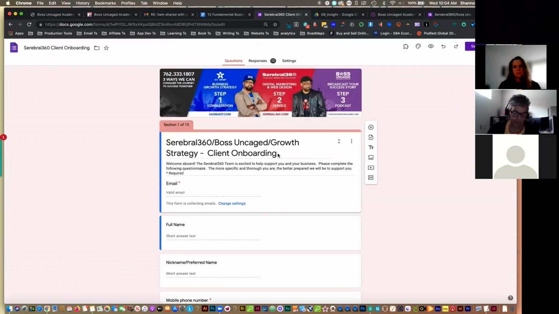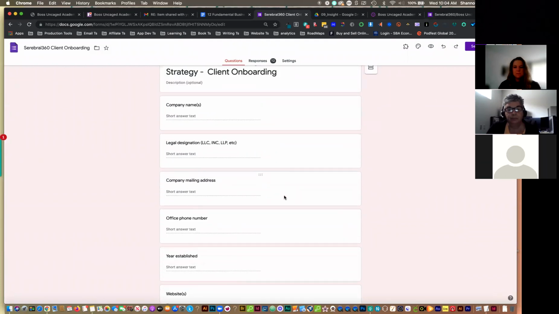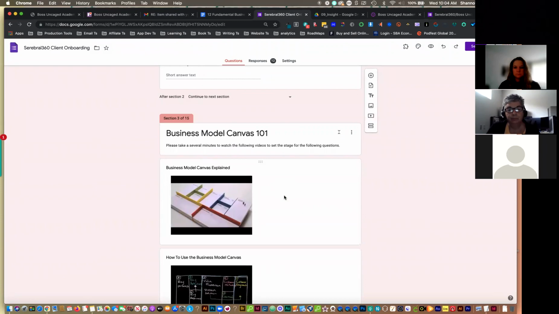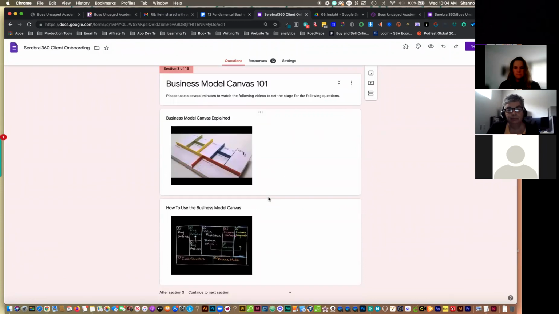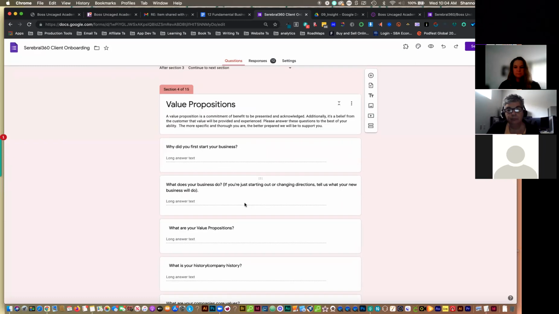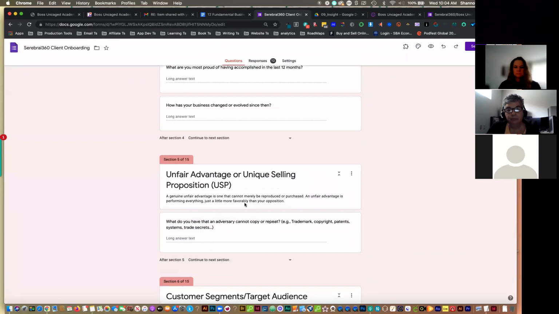When I get a new client and I'm onboarding them, there's a whole system set up. They'll get an email, they'll get a confirmation, and as part of that email confirmation, they'll get this intake form. So there is regular information they're filling out, all the basic information that I need to help them, and then they go into the business model canvas. I have explainer videos in here. I have the value proposition broken down so they can comprehend it very simply. I have several different questions to ask them about their value. I have several questions about, okay, your unfair advantage.